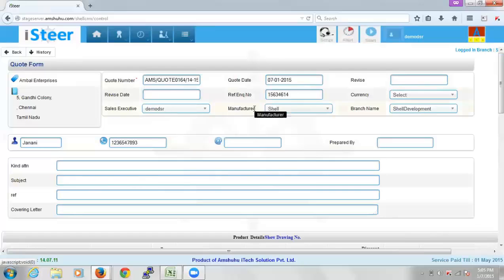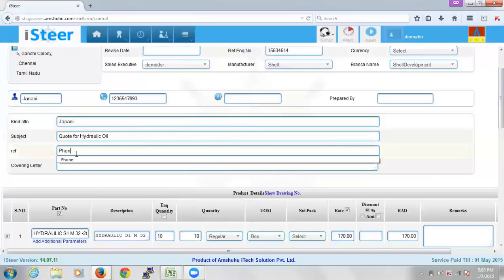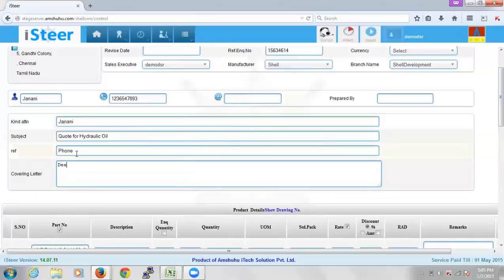The sales executive, the manufacturer, the branch name, the quote details, then it would have the contact details, the name of the person, the phone number, the email ID. Then here we have given the addressee's name, the subject, reference, and the covering letter.